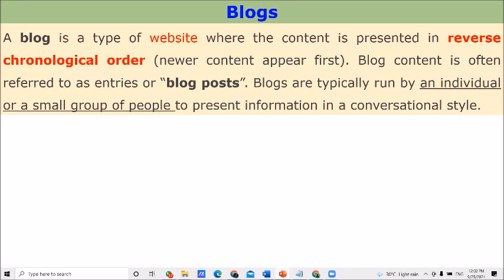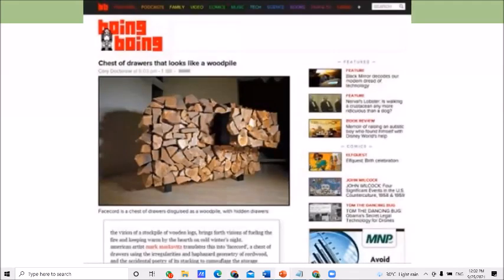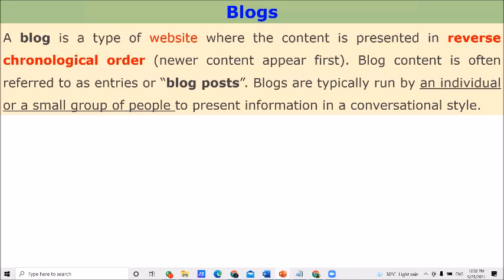Earlier we learned how to use Google Sites. Google Sites is one example used to create blogs. That one is freely available, any person can use it, and they can freely create a website using blogs. First, write down the example here.